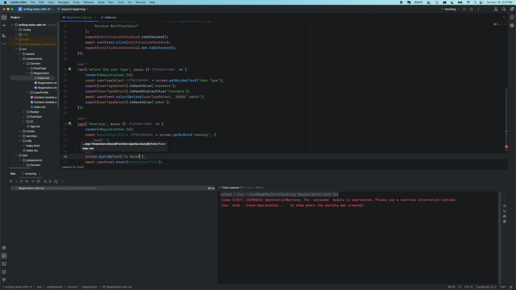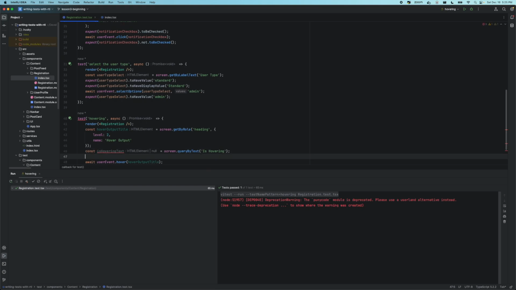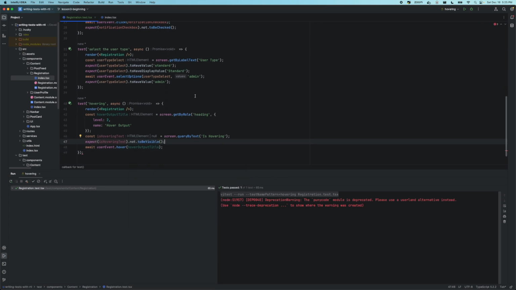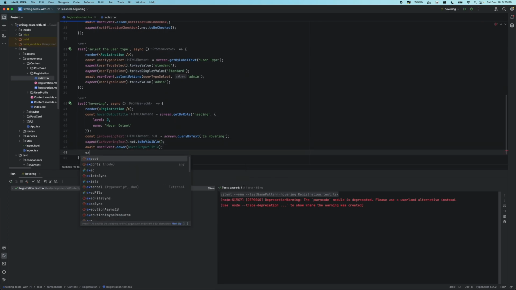And of course, the text we are querying by is "is hovering". Now, before we hover, we expect "is hovering" not to be visible. And after hovering, we expect "is hovering" to be visible. If I run this again,